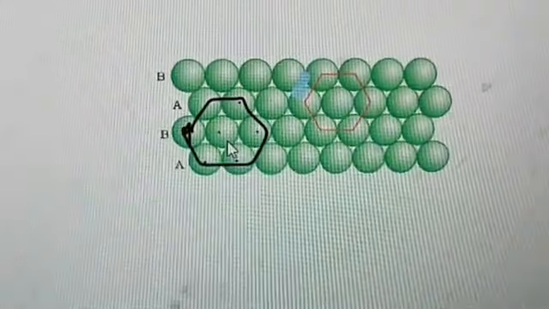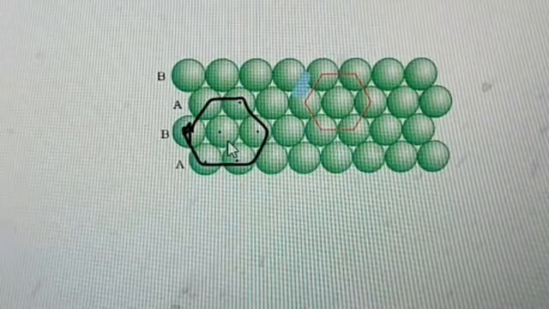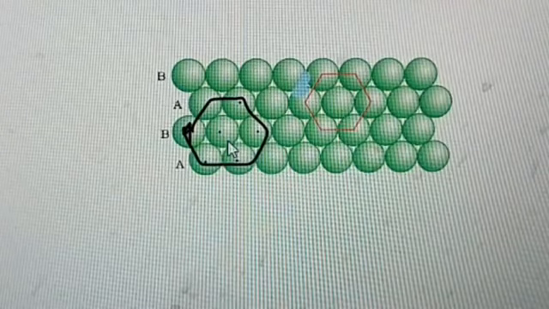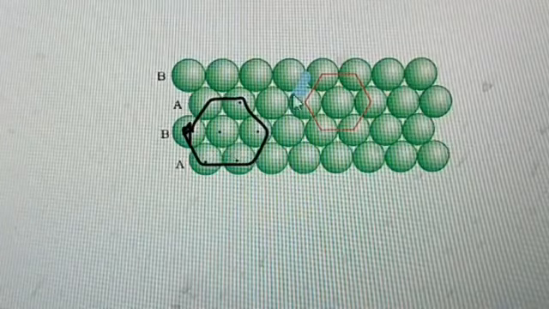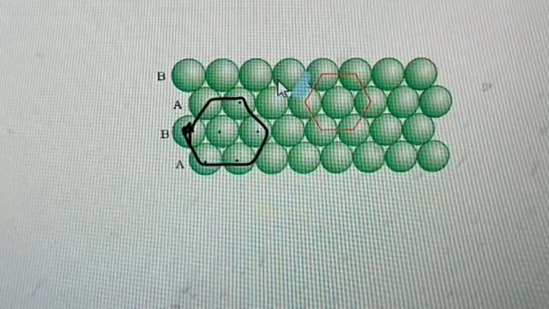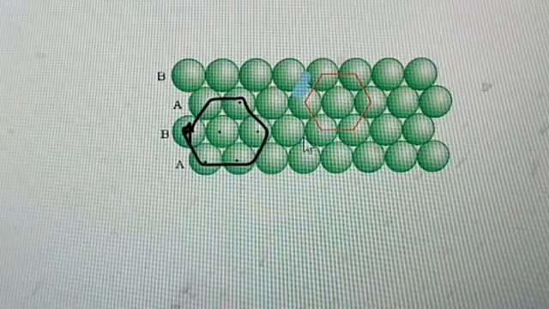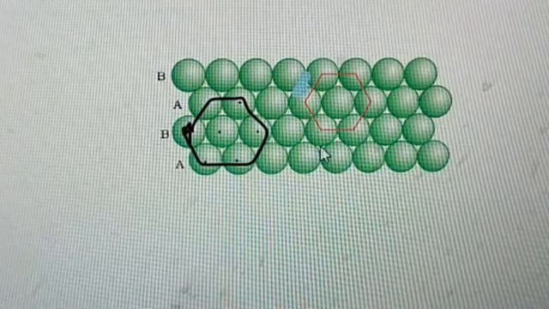Okay, what can we call it? Hexagonal close packing. So the AA type of arrangement is called square close packing, and the AB arrangement is called hexagonal close packing. Now the gaps which are present here are triangular in shape. You can clearly observe the gaps which are present in this. We can also call them voids. So here, triangular voids are present.